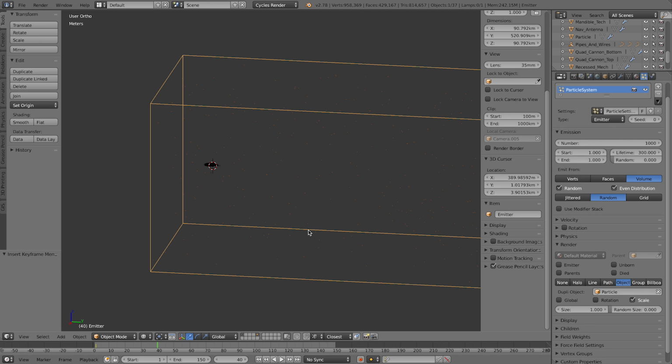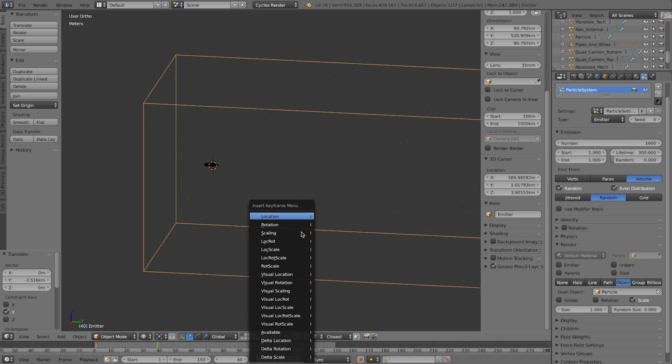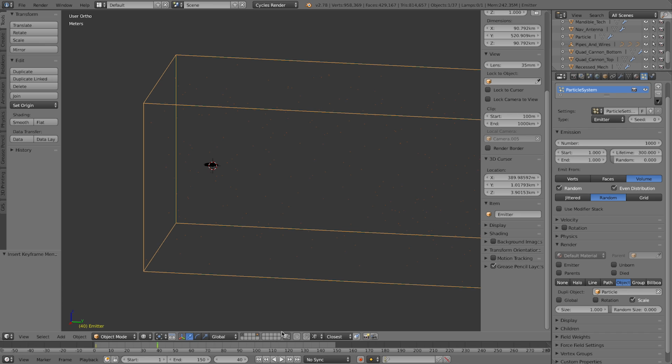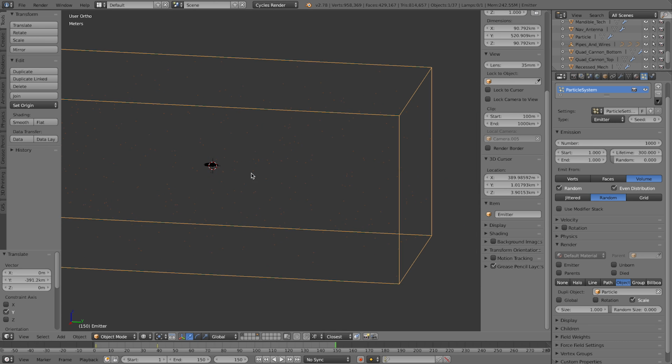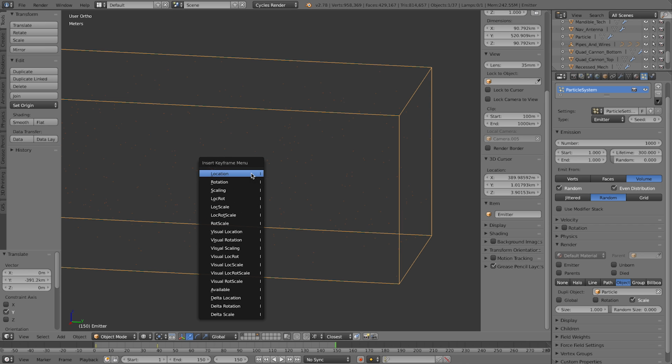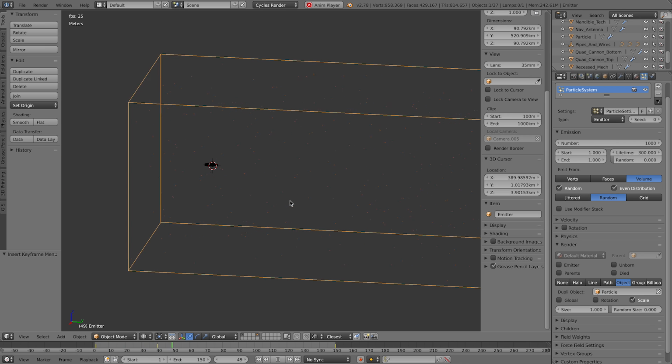And then we'll go to about frame 40 and move it back just a little with GY, and then I to insert another location keyframe. And then we'll go towards the end, all the way to the end, and GY, move it all the way until we get around there. And then I to insert another keyframe. So if I hit Alt-A to play back, it will move very slowly and then go pretty fast,